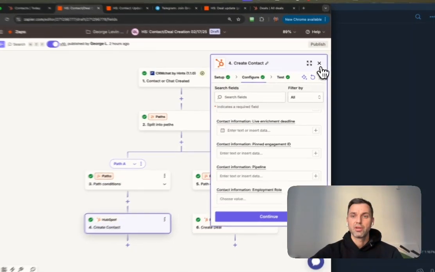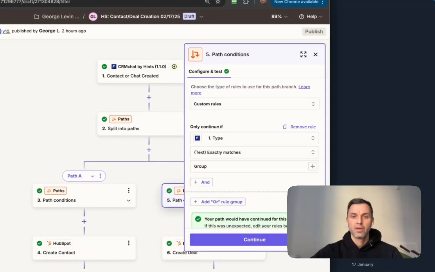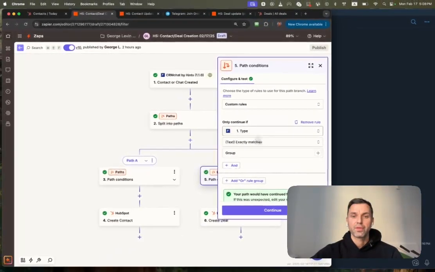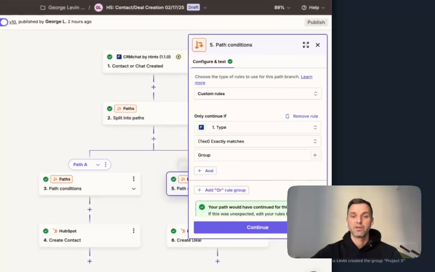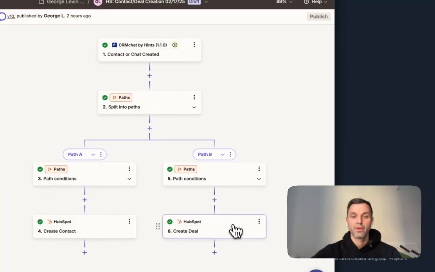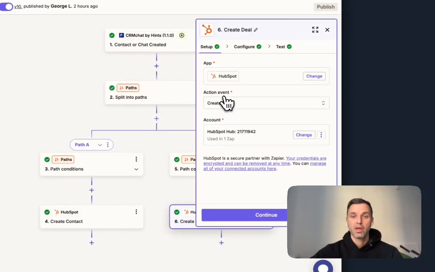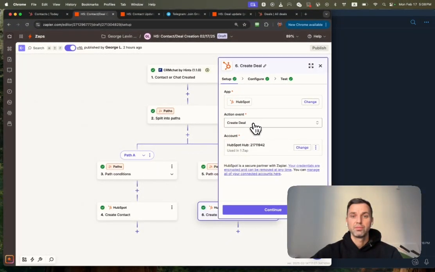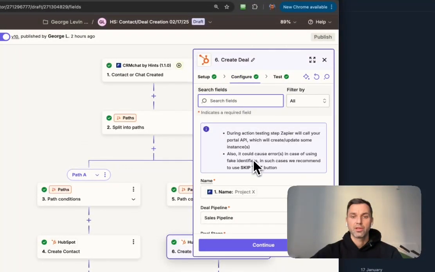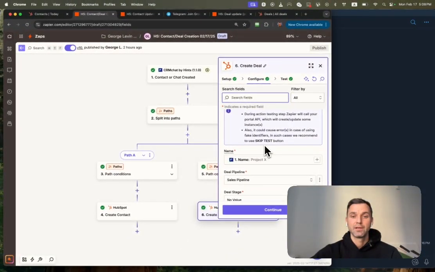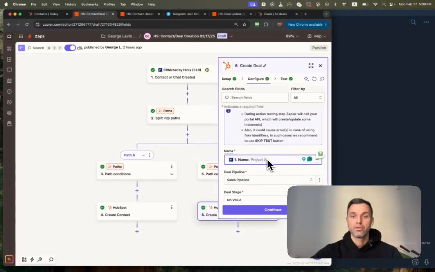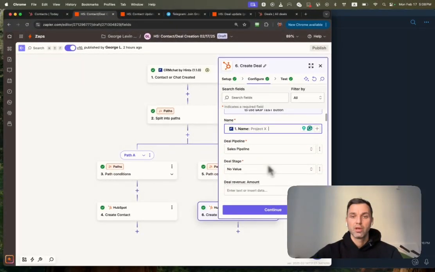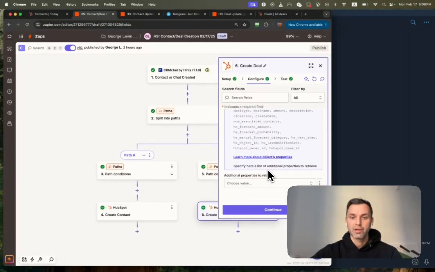Then let's check another branch. In this branch, the filter works this way. If type exactly matches group, it means that this one will work only for groups, then create a deal. The action event in HubSpot is create deal. And let's check what we send to HubSpot. The name of the deal is mapped with the name of the group in CRM chat, and also I am sending the link